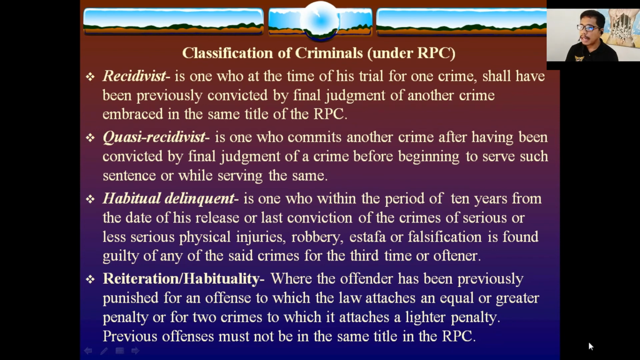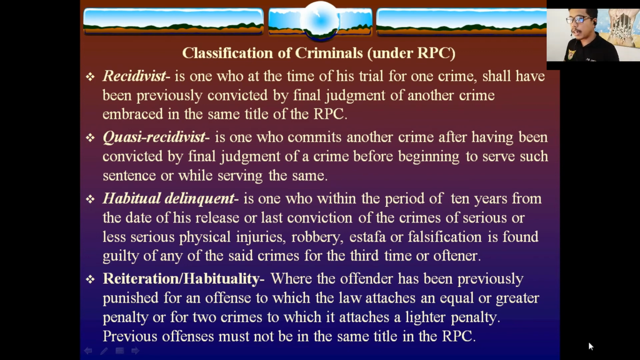The next one is reiteration or habituality, where the offender has been previously punished for an offense to which the law attaches an equal or greater penalty, or for 2 crimes to which it attaches a lighter penalty. Previous offenses must not be the same title in the Revised Penal Code. So in the case of